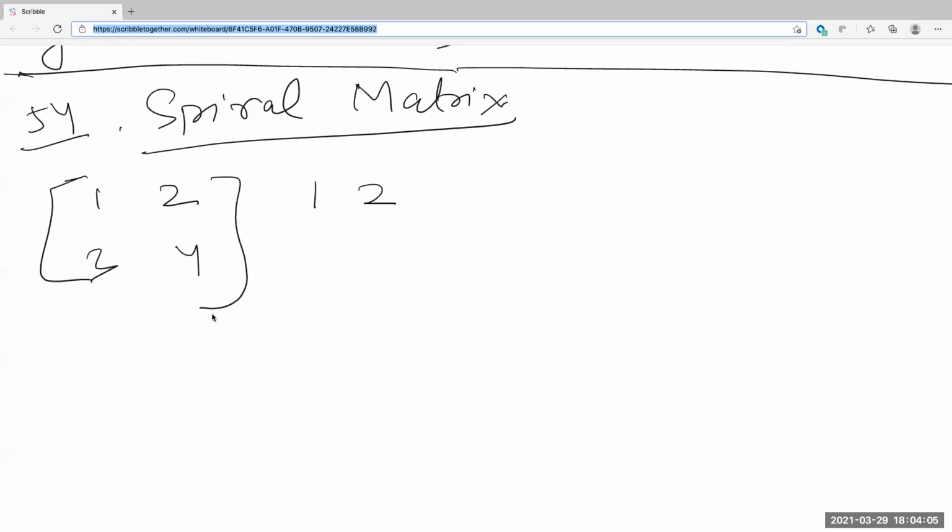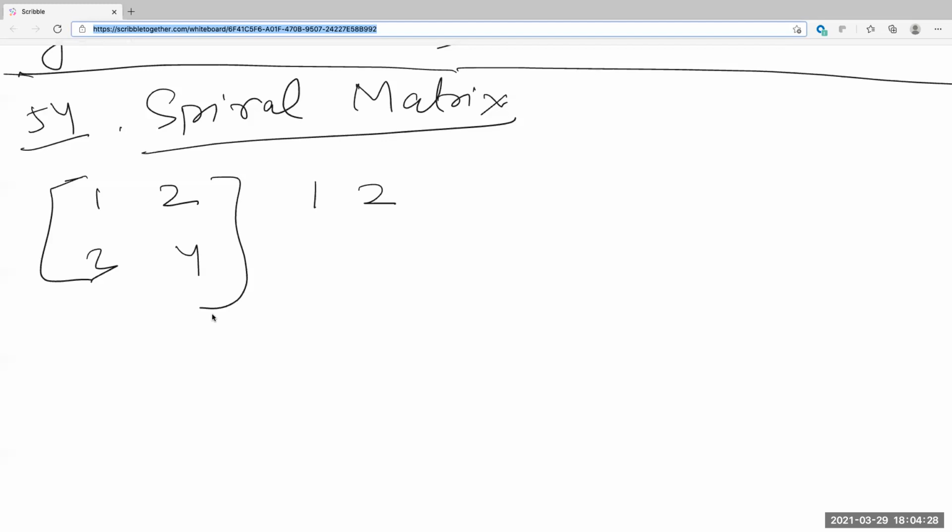Coder, have you solved this question before? No, I haven't solved this question. I don't see it in my solved questions also. So I'm just attempting, and I could be wrong, so you guys have to correct me if I'm wrong. I'm attempting it for the first time. So explain your intuition here.